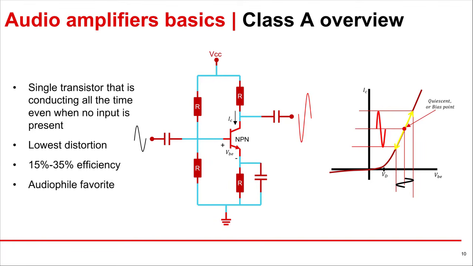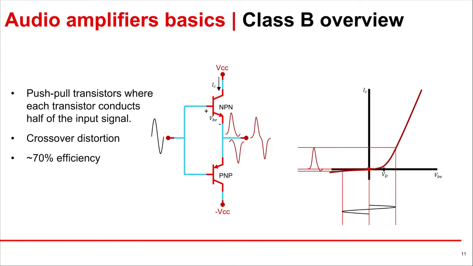A side effect of this is that the bias current, ICQ, of the amplifier is non-zero, which subsequently means that the amplifier is dissipating substantial power even when no input signal is applied. It is for this reason that Class A amplifiers are inefficient. Low distortion makes Class A amplifiers a favorite amongst audiophiles. However, for most practical applications, the Class A does not meet modern efficiency requirements.